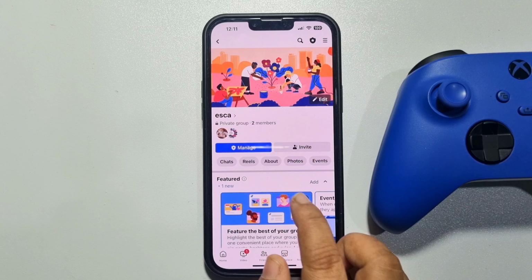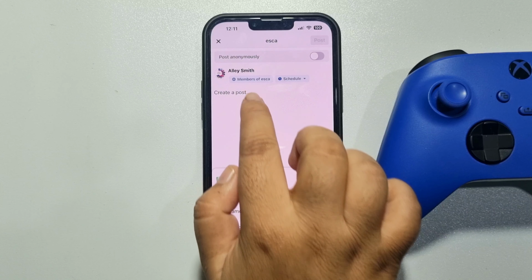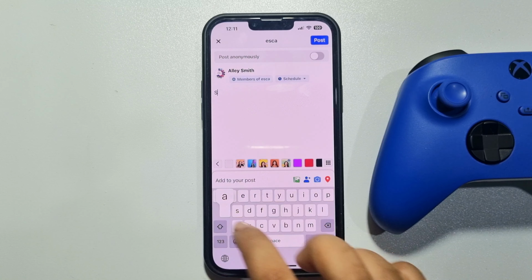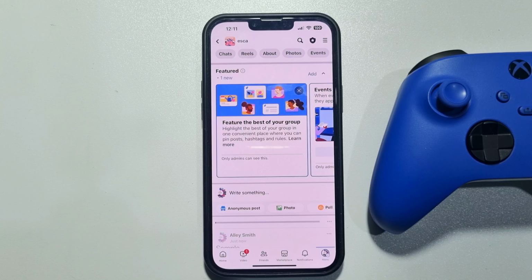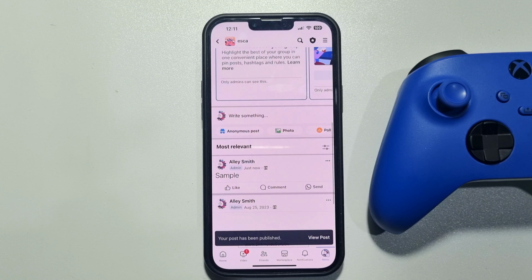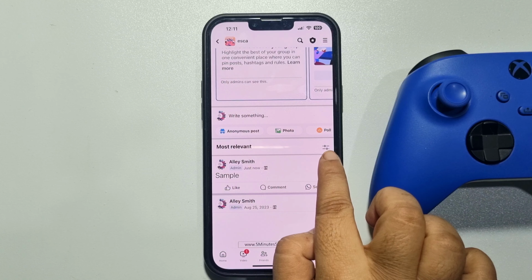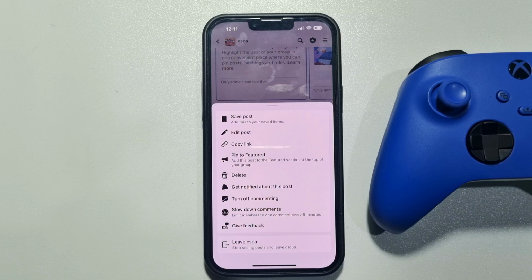So here I'm in my group and just creating a sample post. And now I will mark this post as my Facebook group announcement. To do that, I'm tapping on this three dot, and here